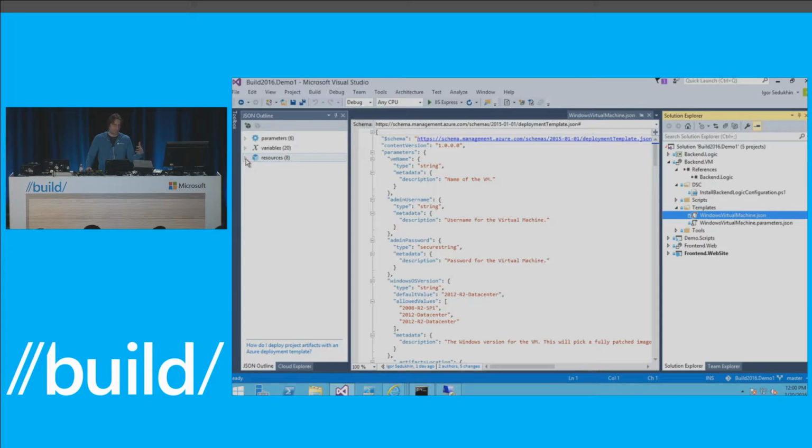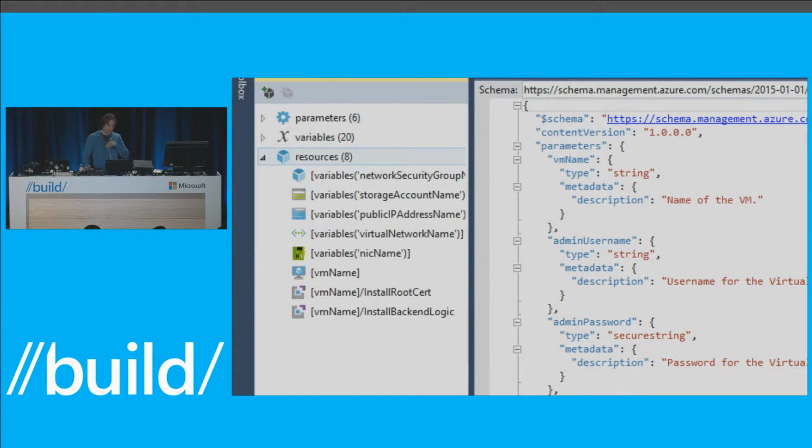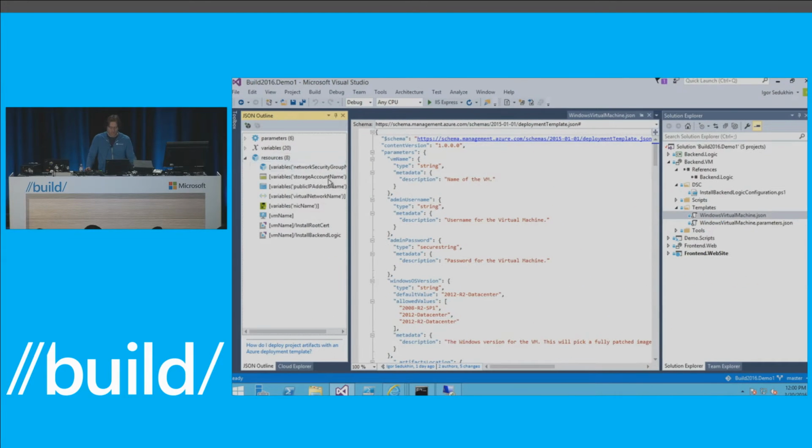And this template, just like the other template, describes a set of resources. In this case, I have network adapters, storage for my blob, VM, and a set of extensions that I deployed, virtual machine extensions that I decided to deploy to the VM. So this is what this template describes.